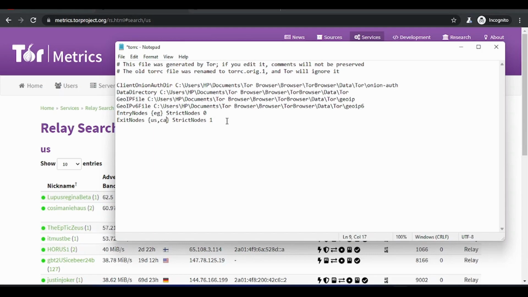Understand? And this one means strict node. I don't want you to use any other region apart from these two. So if you want to be specific, you should always be US, so that you don't change location and it will affect what you are doing. Leave it like this, because there's a lot in US and Canada. Just leave it at 1. Understand? But if US is not available, Canada is not available, and you want it to use another region, you could just change it to 0. Okay, so I'll save this file,